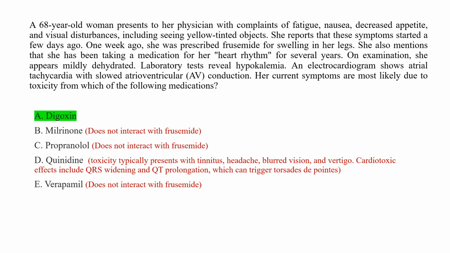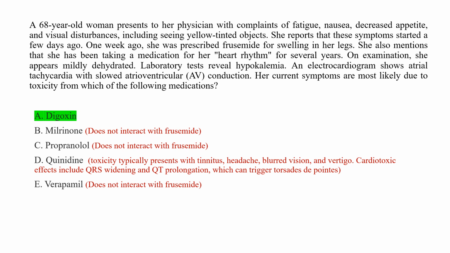Let's have a look at why the other options are incorrect. Option B is incorrect because milrinone is administered IV and is indicated only for the short-term management of congestive heart failure. It does not interact with furosemide and does not cause the side effect profile described in the question. And option C is incorrect because propranolol also does not interact with furosemide and does not cause the side effects